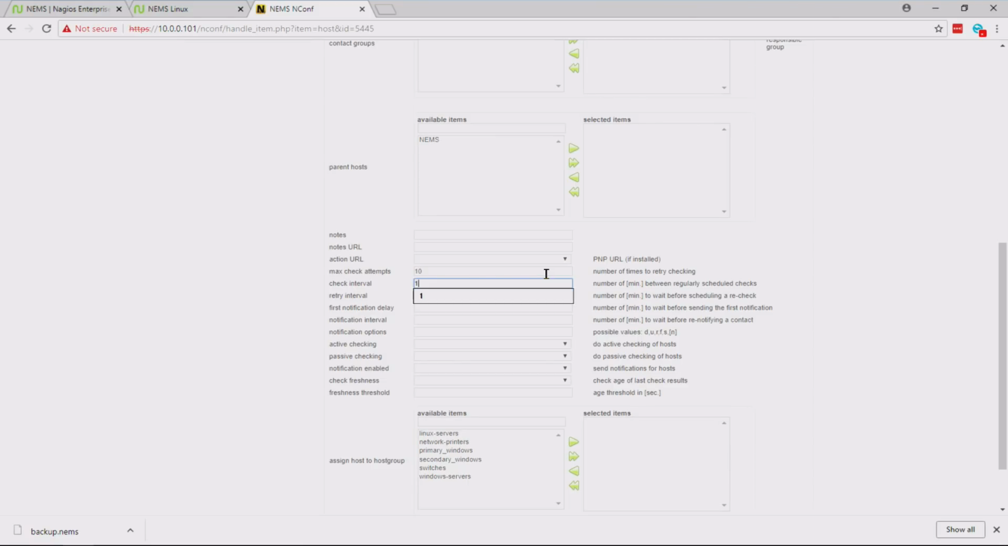For the sake of the demonstration, we're going to make these really, really small. Retry interval 1 minute. First notification delay 1 minute. Notification interval 1 minute. And notification options are what? What the heck does that mean? Possible values DERFs. So head on over to the documentation,